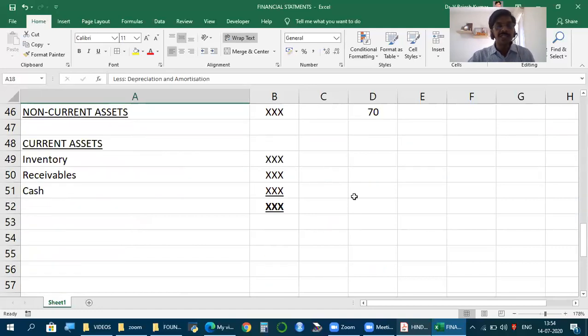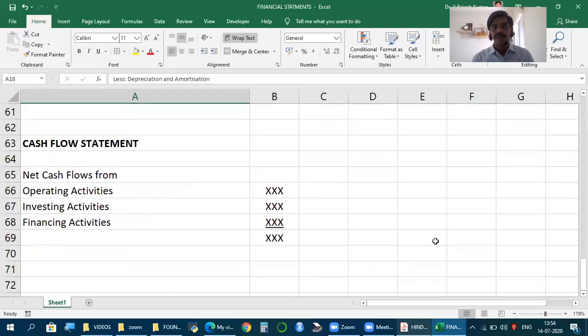And the third financial statement we come across is the statement of changes in equity. I explained what it is, the meaning and the purpose. Notes to accounts give details of every item in the financial statements, and the cash flow statement summarizes, for the given period, the cash flows that happen, inflows and outflows, and classifies them under 3 headings: operating, investing, financing. This is the basis, the background you need before you learn how to analyze financial statements. So in the next video, we will see how to read and analyze financial statements, and what model we can use for that.